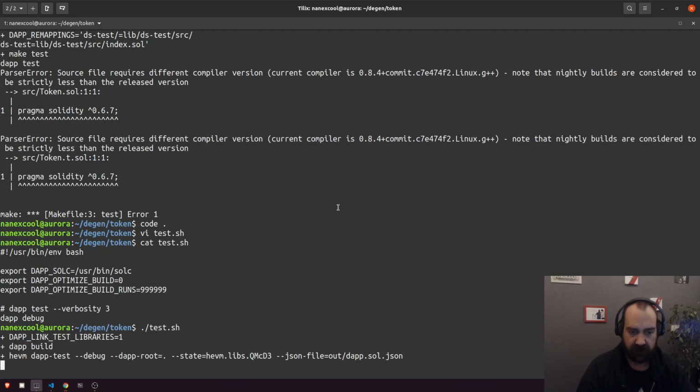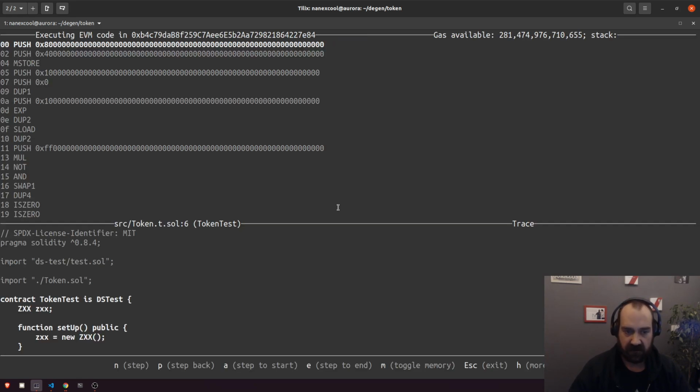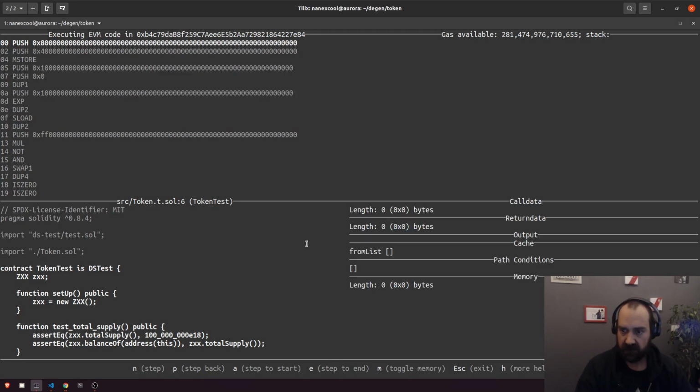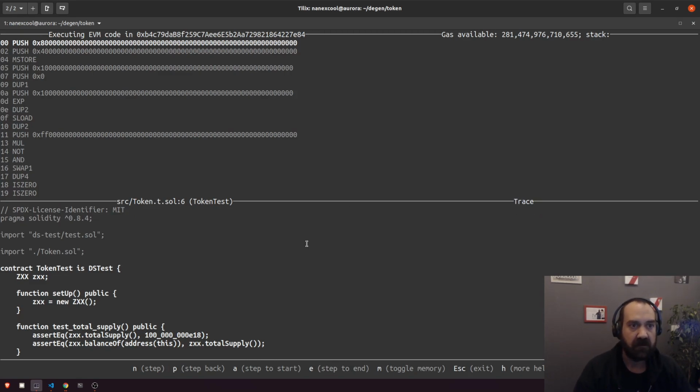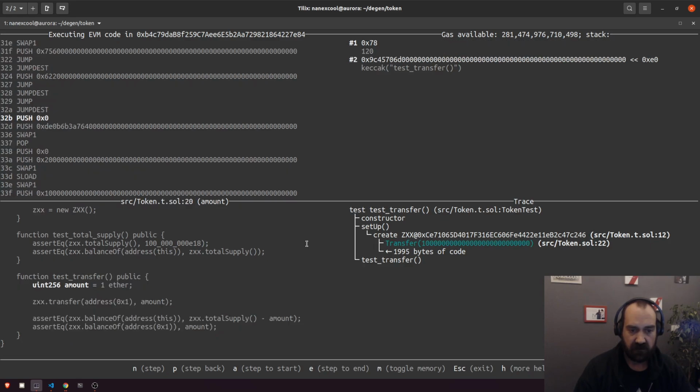Let's try it out. Nice. So this is dab.debug, and we're gonna test. I'm gonna do the transfer function. This is one of the most powerful tools that I know of. Let me see. Trace memory. Okay, it's been a while again. So Control N, we're gonna go past the setup, and we start. I wanna do the function dispatcher later, but let's see. Test transfer 1 ether,